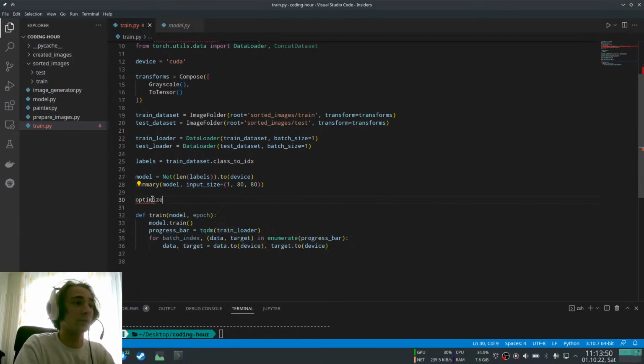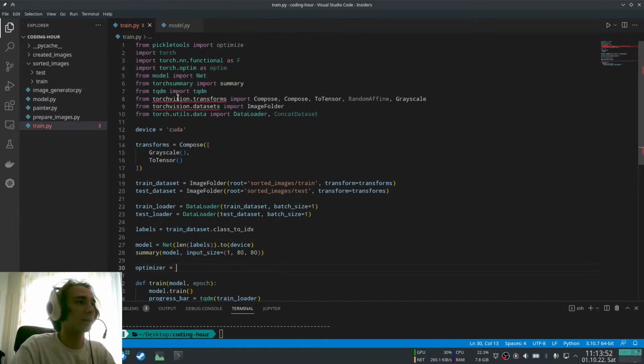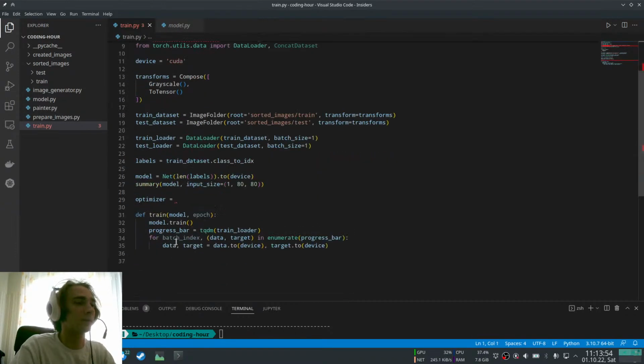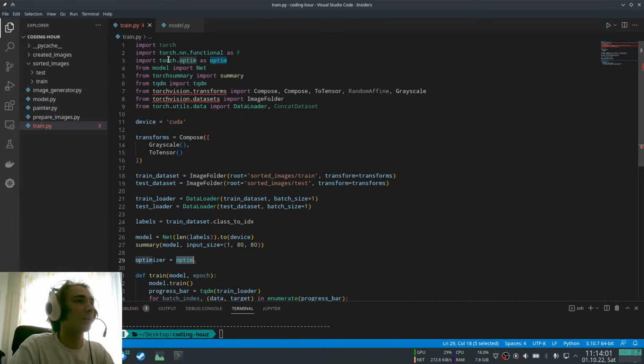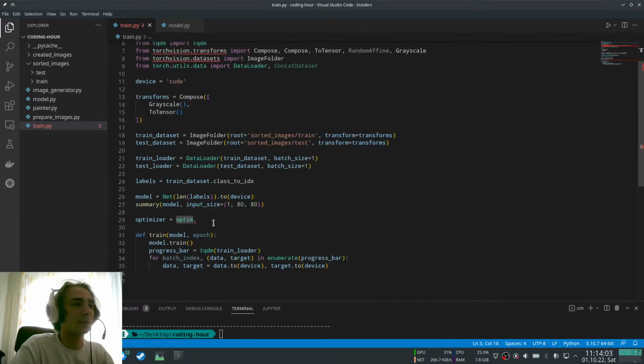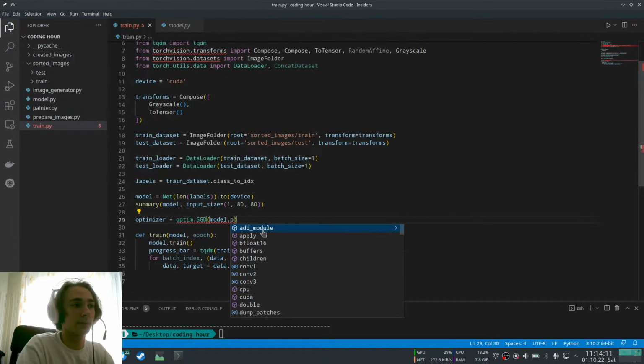So I'm going to define our optimizer. From torch.optim, I'm going to import a stochastic gradient descent optimizer and pass our model's parameters